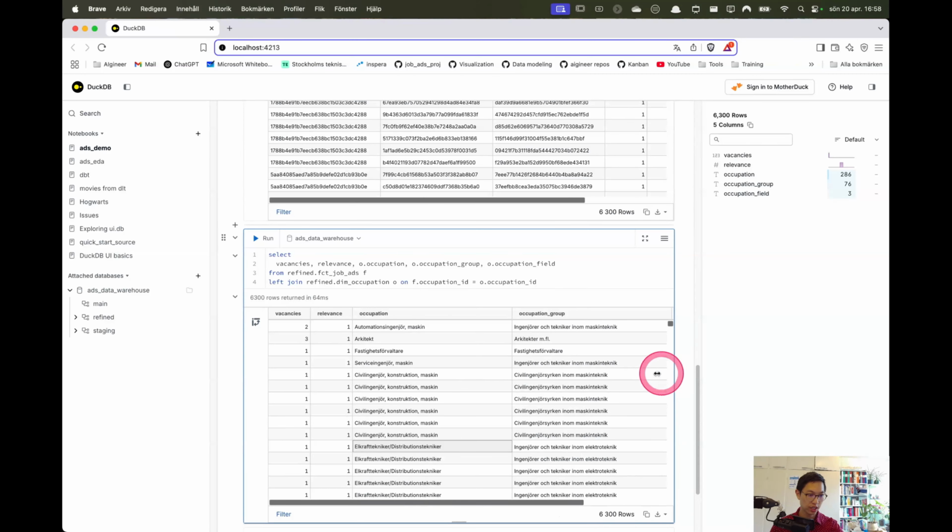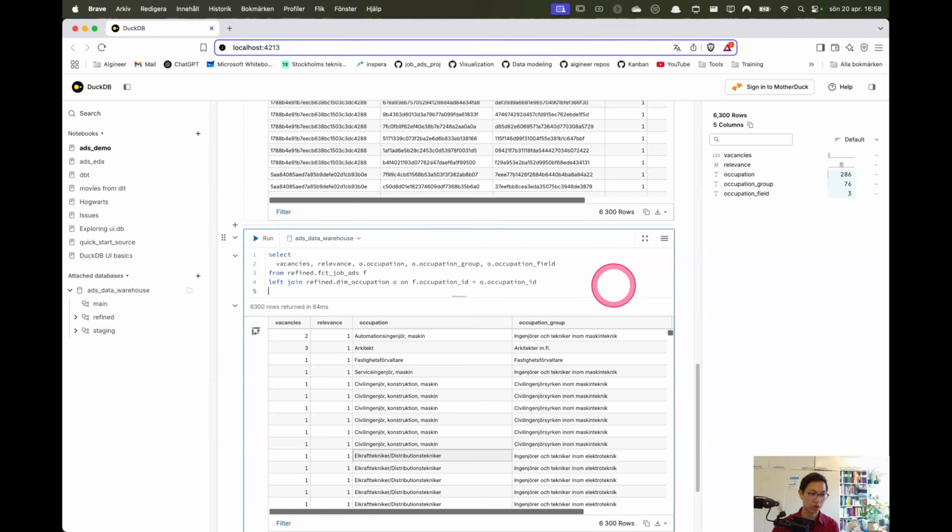And you can see here, there's a lot of civilingenjör konstruktör machine. You can see it repeats several times because we had several of these IDs as the foreign key in the fact table. So this makes sense. However, let's also find dim job details called JD